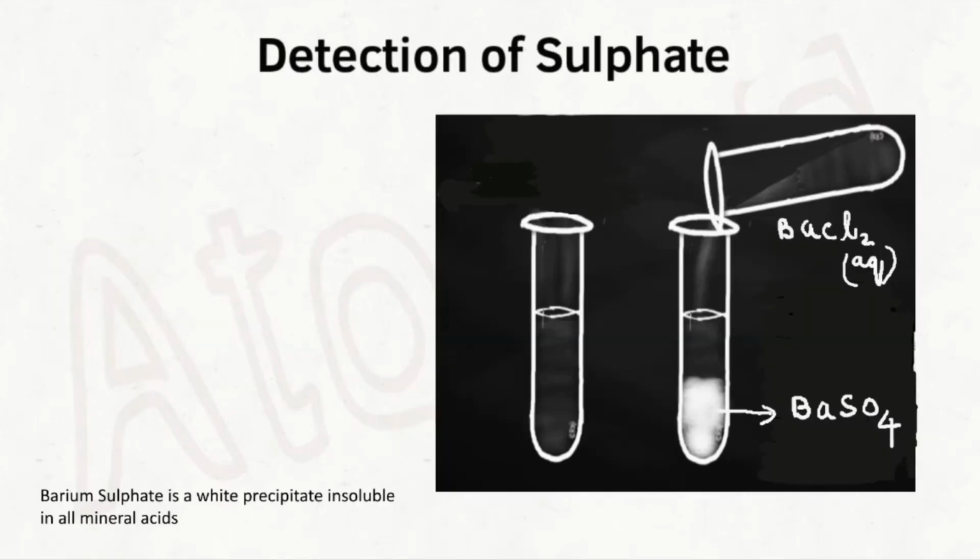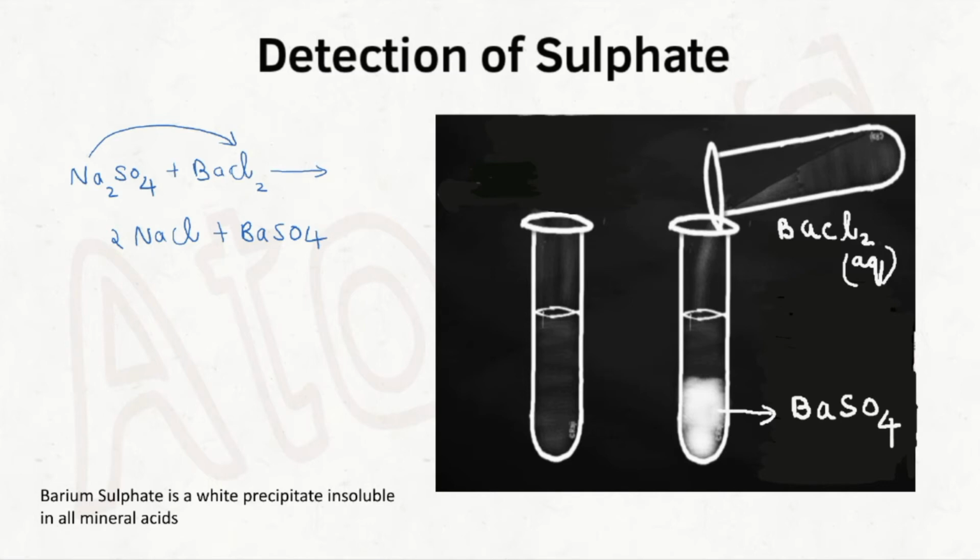See, you are provided with a salt solution of sulfate. For example, you can write Na2SO4. In order to confirm whether sulfate ions are present, we will have to add barium chloride solution, BaCl2. If you are adding barium chloride solution to that, what will be the reaction taking place? You will be getting sodium chloride, and barium sulfate also will be formed as a result of the reaction. All sodium salts are soluble. You can't observe sodium chloride, whereas barium sulfate, you can observe it. Why? Because it is a white precipitate.